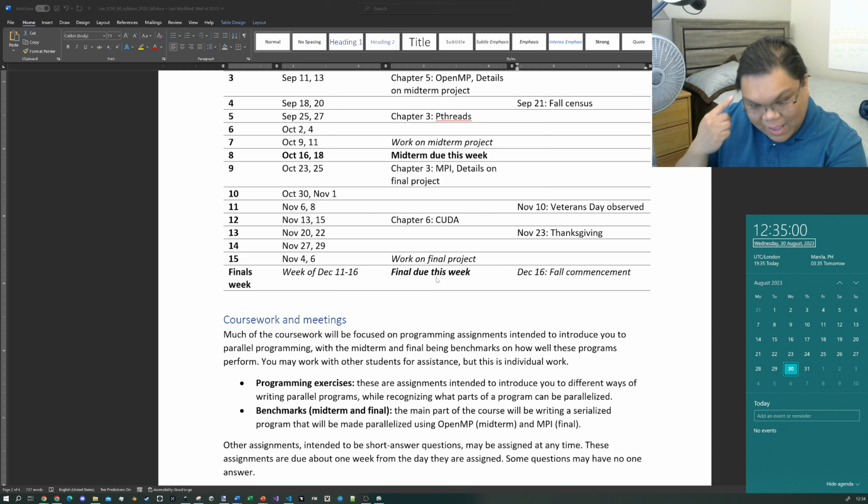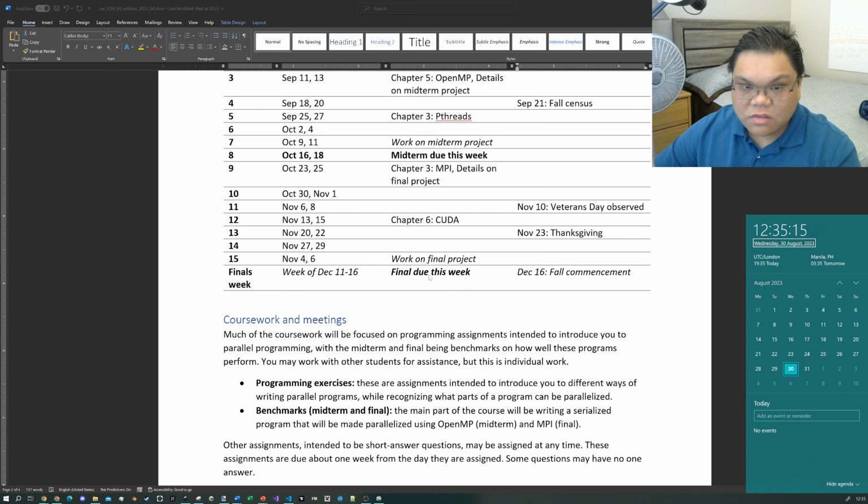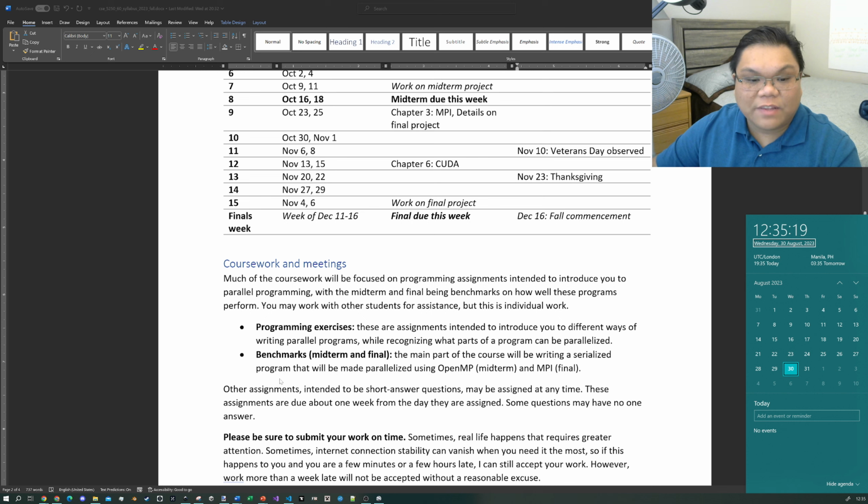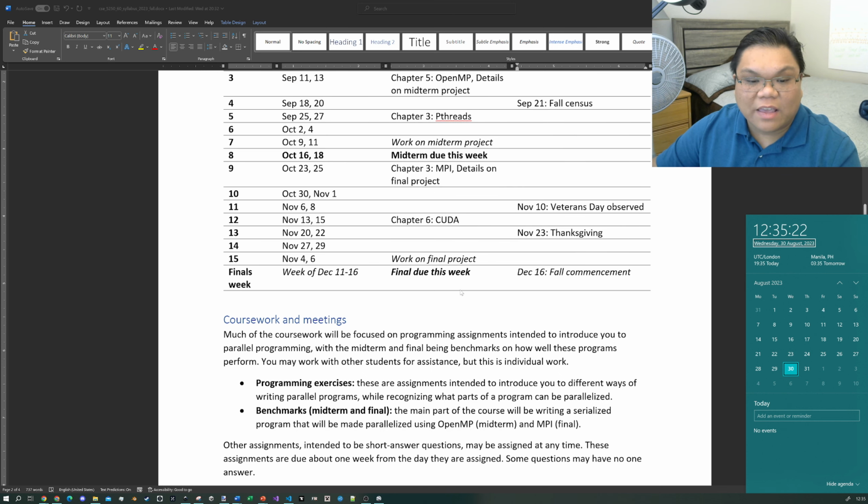And that is you're gonna be writing a program without any parallelization, and then you're gonna rewrite the same program using 2 of these APIs. Using one of these APIs is OpenMP, and the OpenMP rewrite of that program is gonna be your midterm. The rewrite using MPI is gonna be your final, but